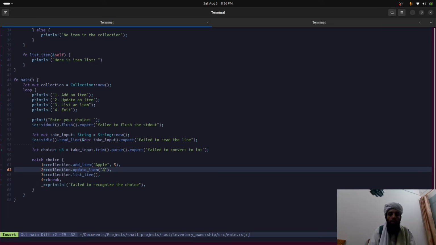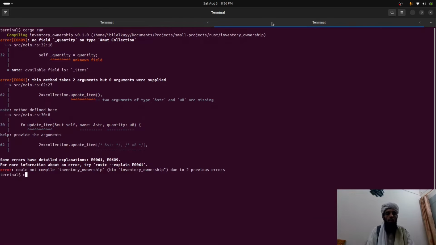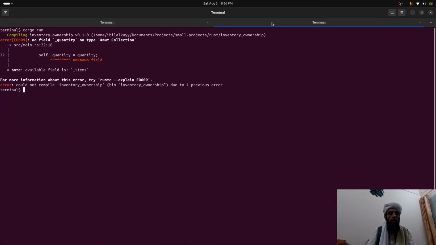And let's say if I write apple, and then I can change the quantity to, let's say, 8, because the apple will basically be the identifier of this item, right? So if there is an orange and there is an apple, then it will give me the error. So the name should be the same, but the quantity can be changed, right? So let's save this. Now this time if I write cargo run again, it will still give me the error